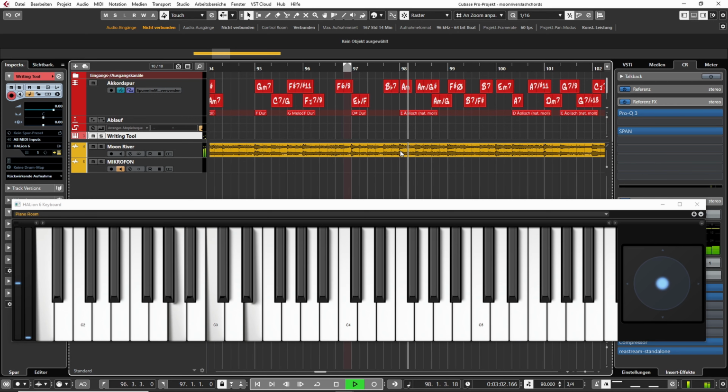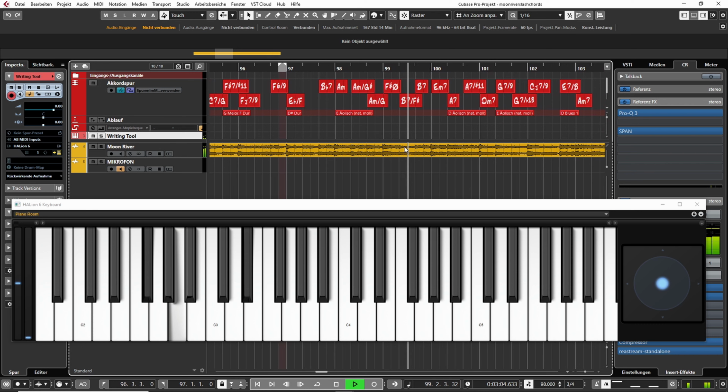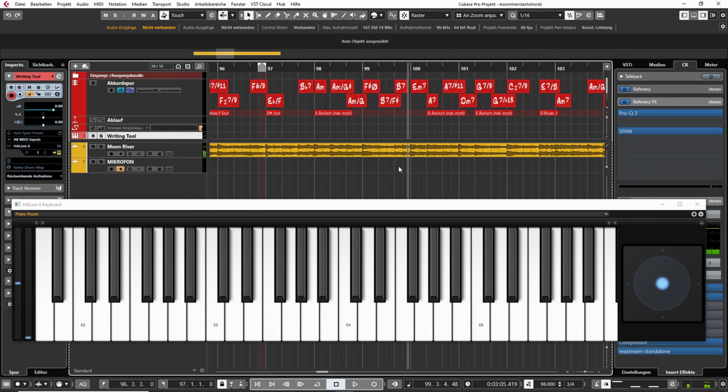And as we are there, what happens here is you have the F sharp half diminished, and now you know that the B7 chord has the F sharp in it as well. So why not utilize this and just keep the F sharp as a bass note and just play a B7 chord with F sharp in the bass, and then resolve this back to the B7 chord. So basically just like a delayed transition, so to say,